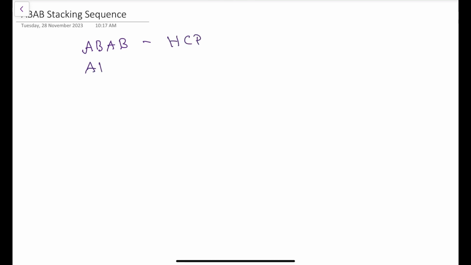And then you have ABC like that, which will give you a face-centered cubic structure. So these are the two important stacking sequences. Apart from this, you may have different stacking sequences, like ACB like that. But the very commonly seen stacking sequences are